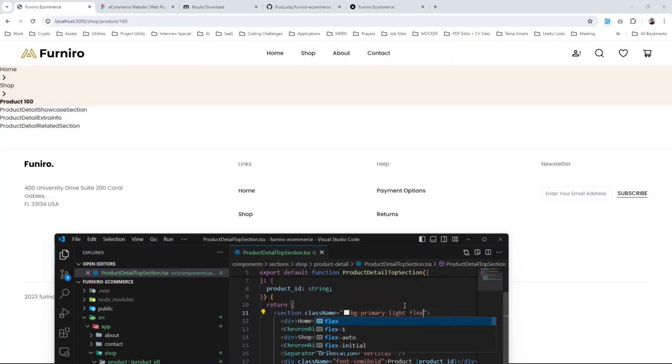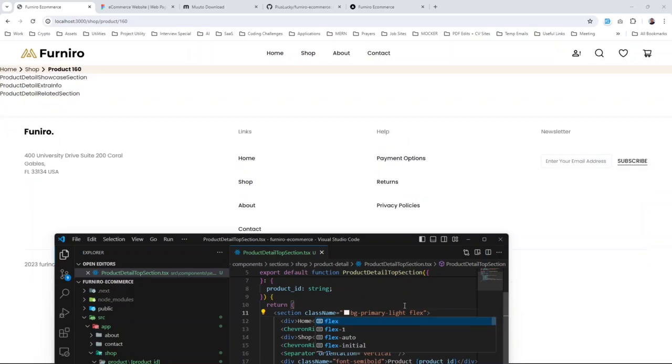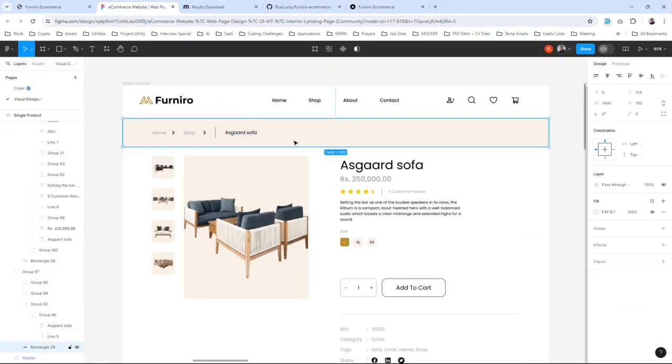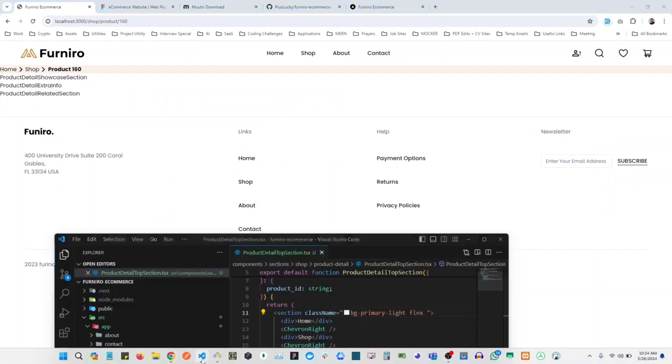Flex. Let's give it a height. The height of this is 100. How do I know? You can see we already have it here. It's specified 1440 by 100. So 1440 is the width, and you don't want to mess with that, by the way, because the device you are at a particular time might actually vary in terms of the dimensions, right? So height is something that's most of the time very constant, but not the width. So that's actually 100 from here, from what you can see. So we're going to go in here and do height